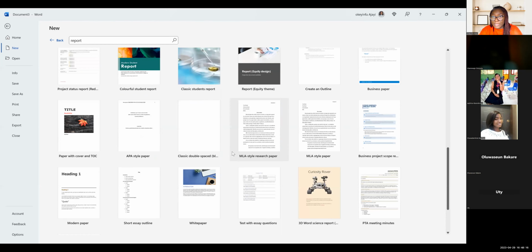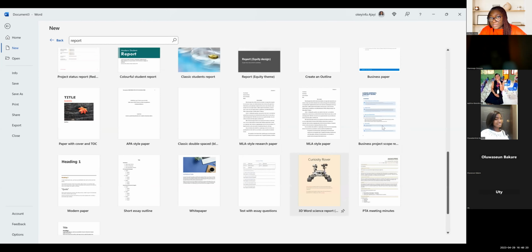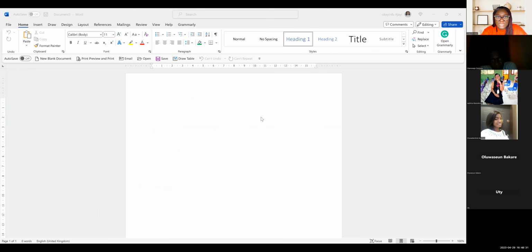Let's see. So typically, I would come in here and check. And if I like the way this one looks, it might not work, so to speak, but guess what? It's still usable. There's nothing that is not usable as far as I'm concerned. So I'll come here. This is an arbitrage report, so I will change this to year 5 report. And change this to April 10th, 2023. That's already my report. And overview is fine, right?